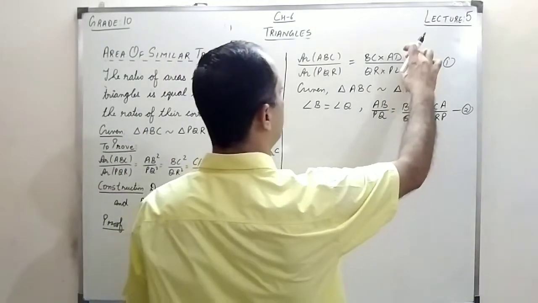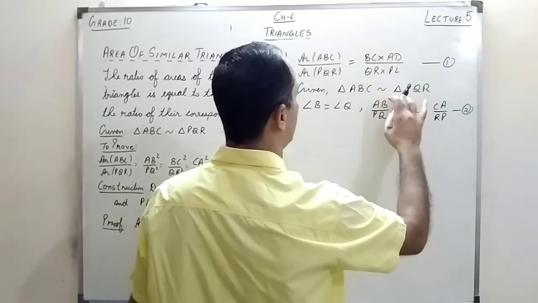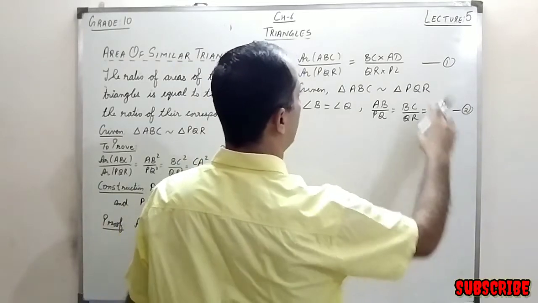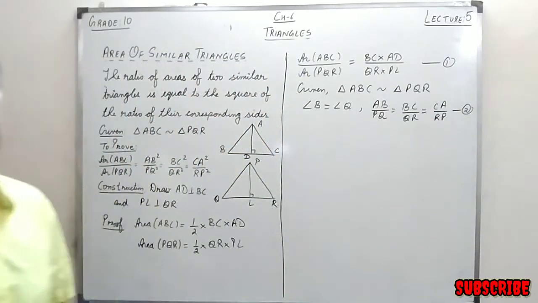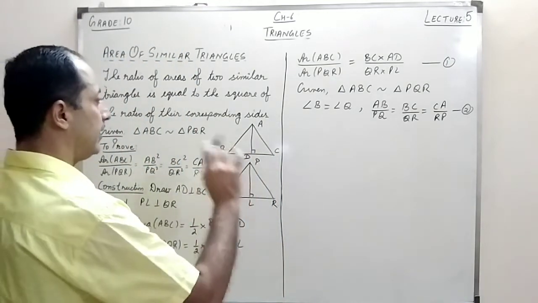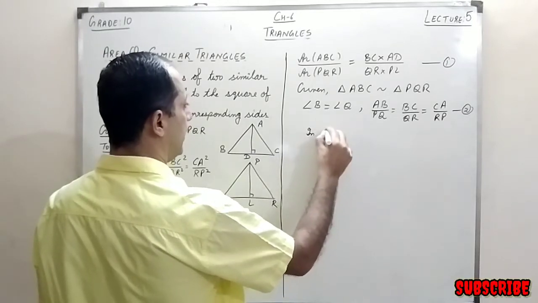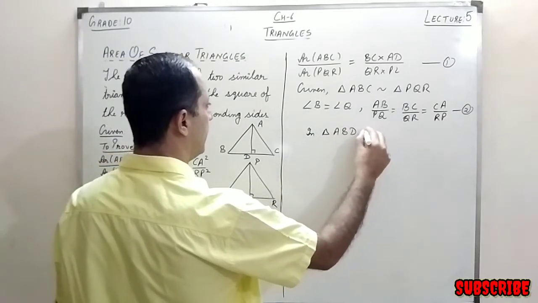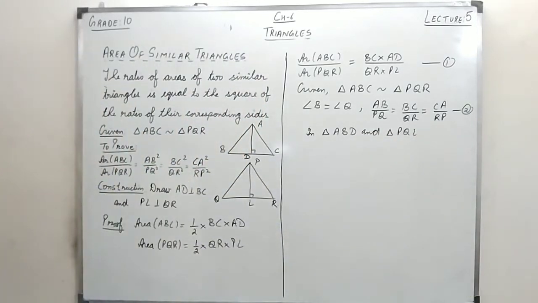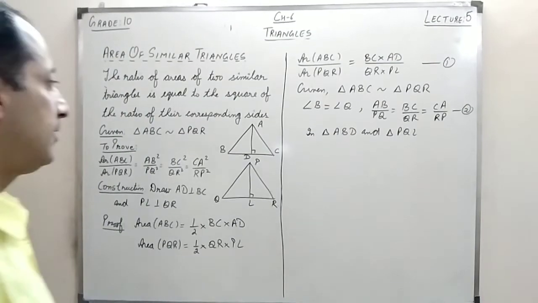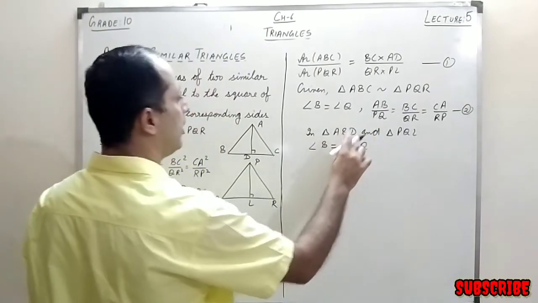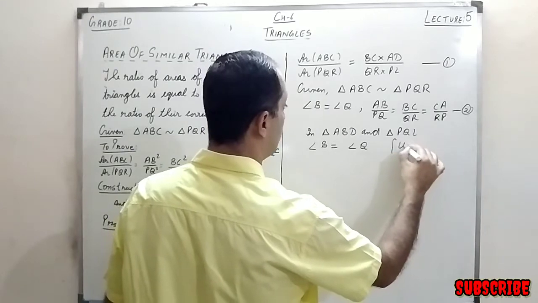Now, if I have to prove this thing equal to this, I can prove AD by PL equal to any of the three ratios, right? Because these ratios are equal. If AD by PL is equal to any one of these, it means it will be equal to all, right? So for that, I take triangle ABD and triangle PQL. In these two triangles, one of the angles, angle B, is equal to angle Q, which we have already written above, so you can write using 1.